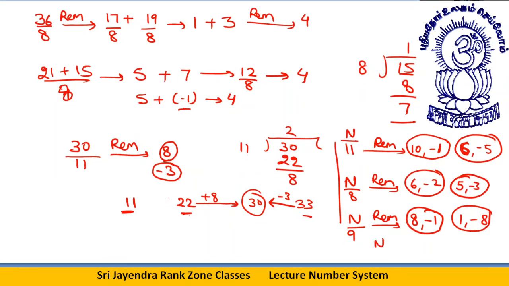Suppose I divide a number n by 15 and I say the remainder is 12 or 11, then I can say the other remainder could be minus 4. This is the concept which I need to explain to you, and I think I have done it.